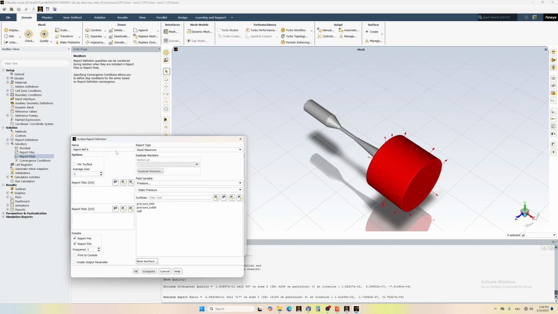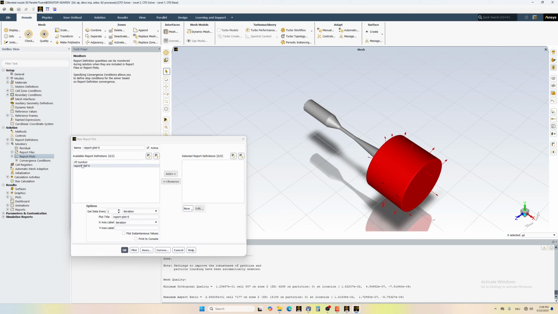facet maximum, and the variable is density, so we will monitor the density at the outlet. This is very important. It's one of the criteria for convergence. So we monitor the density at the outlet, and when it doesn't change anymore in all the points, then one of the criteria for convergence is reached. So okay, and now we need to add it here so that it will plot. Okay,